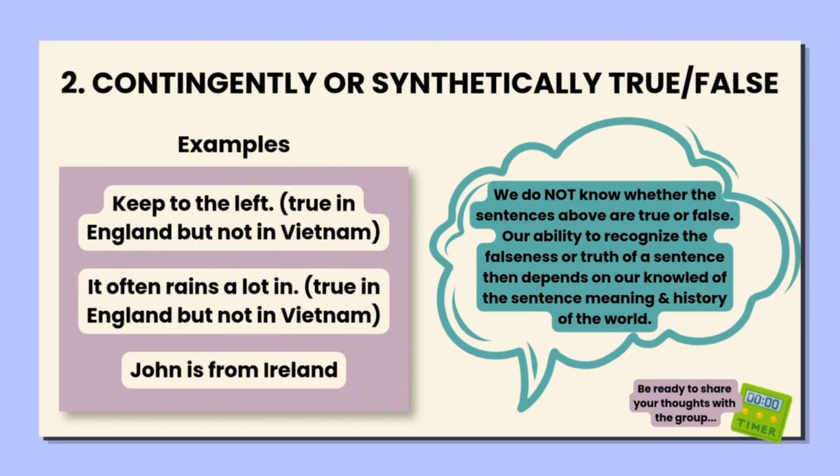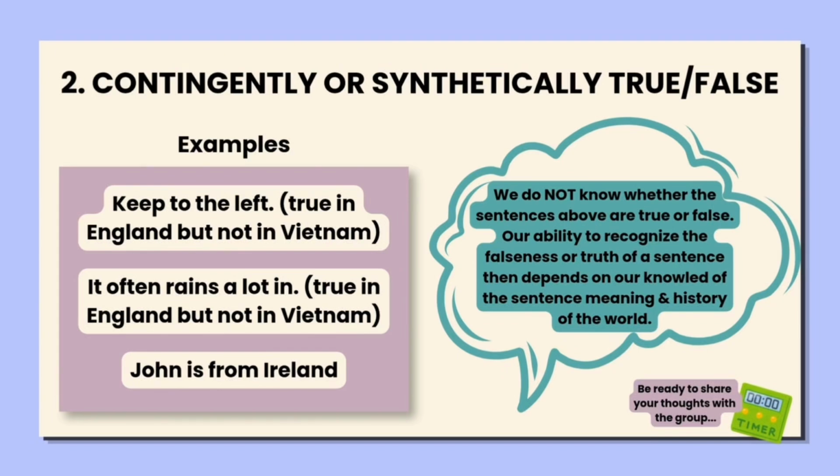First, keep to the left. This sentence is true in England because people drive on the left side of the road there. But it is not true in Vietnam, where people keep to the right. So the truth of a sentence depends on the real world and different countries. Second, it often rains a lot in England. To know whether this sentence is true or false, we need real world